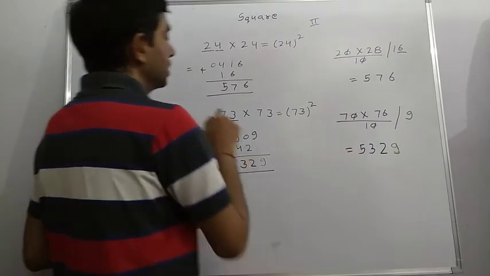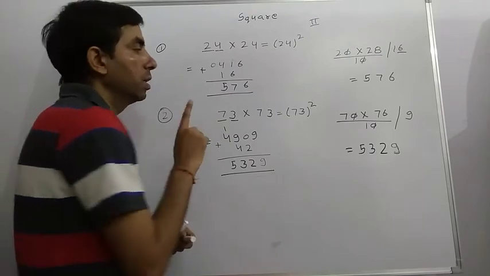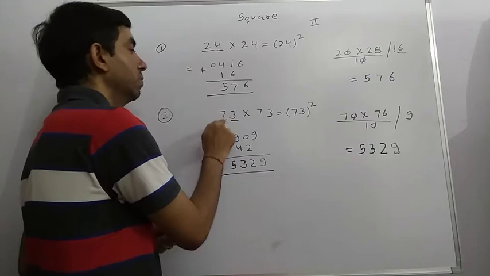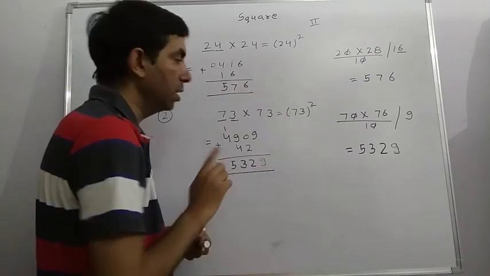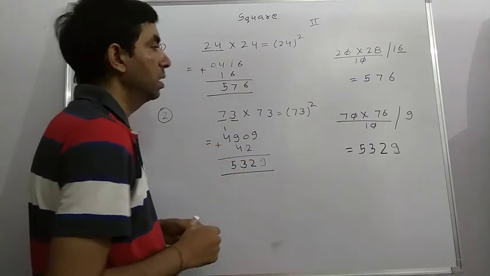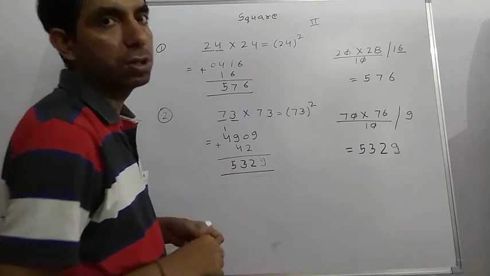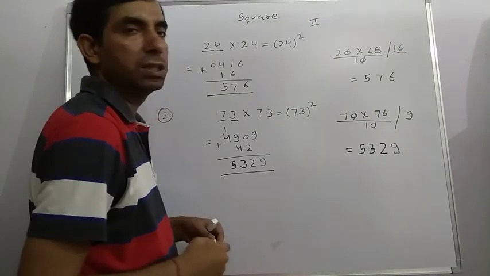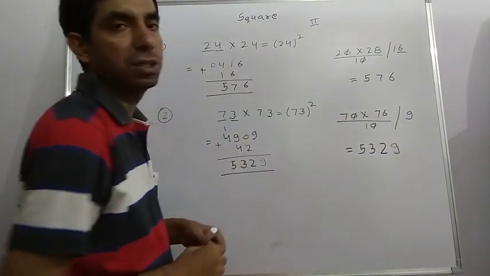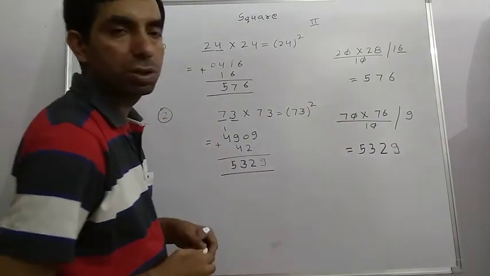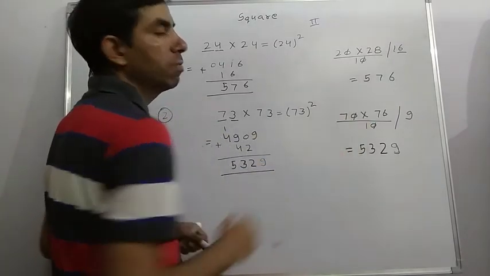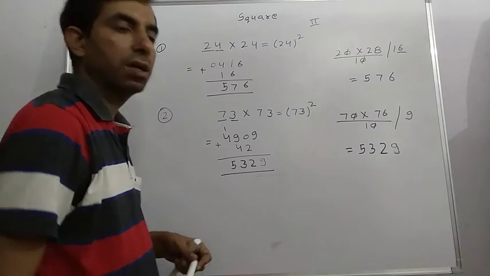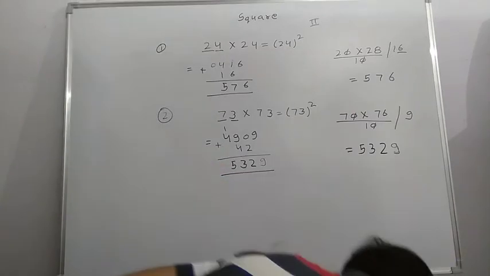In this method, 73 is near to 70 and the difference is 3. So first we subtract, 73 minus 3, 70. 73 plus 3, 76. In the denominator we write 10 because the difference is in one digit, and take the square. The square is also in one digit, so write it as it is. 10 is cancelled by the zero and 76 multiplied by 7 is 532. It is our answer. Let's start solving the next question.